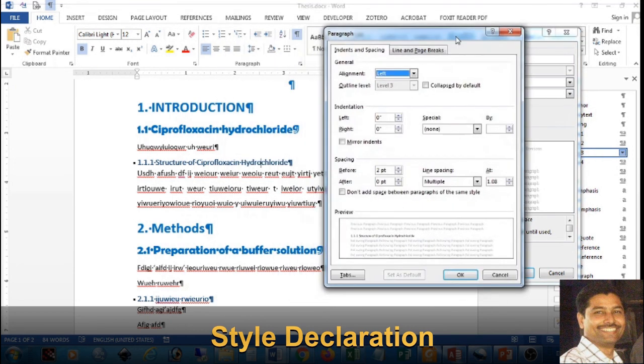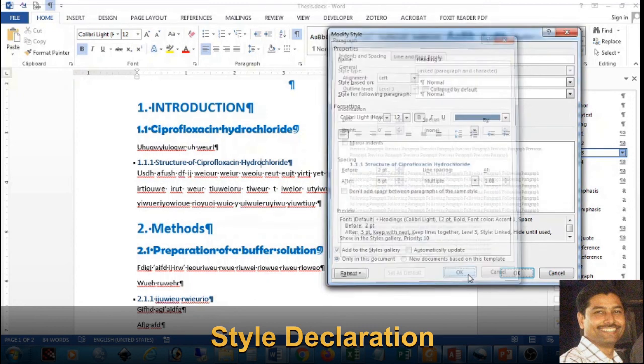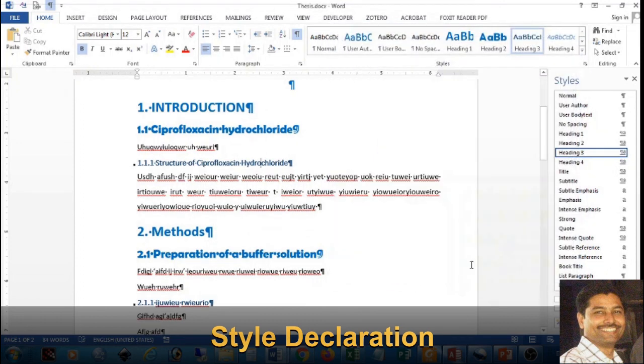Now here you will see spacing. Before it is only 2 point, after it is 0 point. Actually after heading 3, the gap is given as 0 point. This one you increase to 5. Now you press OK. Now you will see a slight gap is there and it is OK. So at this point,